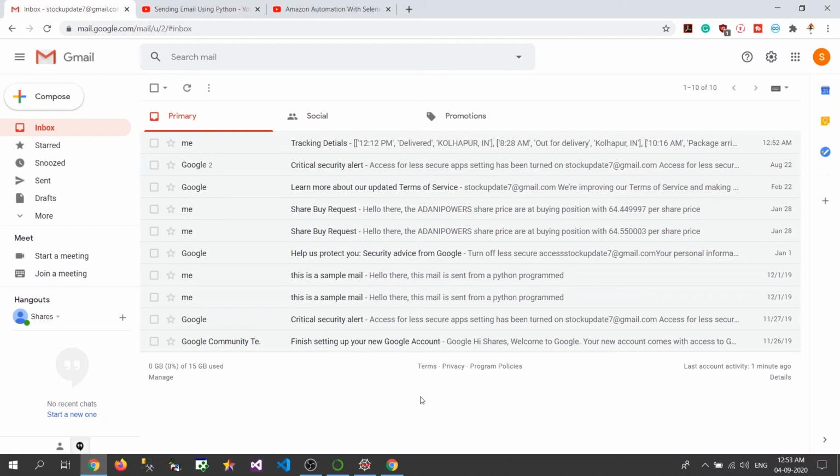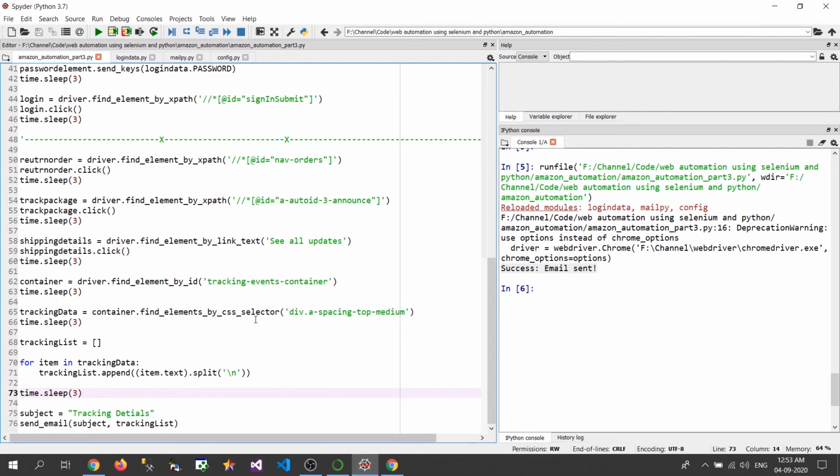There are few libraries that you can add and you can send the HTML template format to the mail, and that will give you a more readable and more attractive approach in the mailing, so that you can read the tracking part easily. So that's all that I needed to show you as an execution. Now let's go to the explanation part.